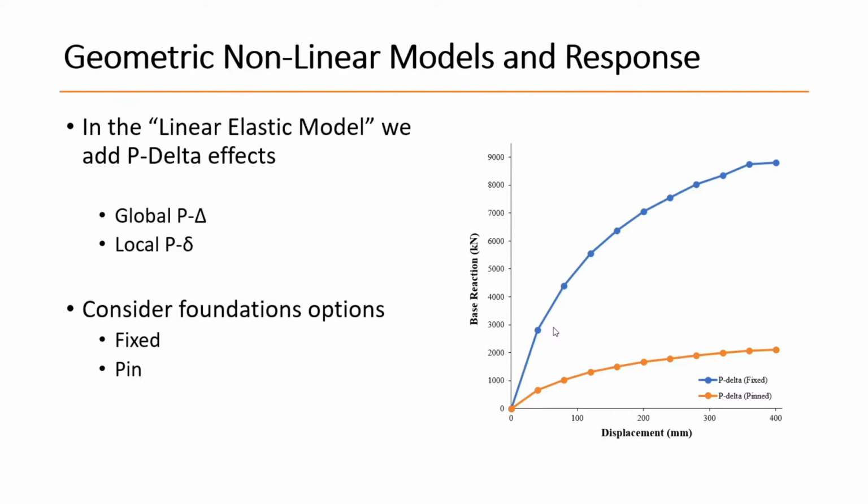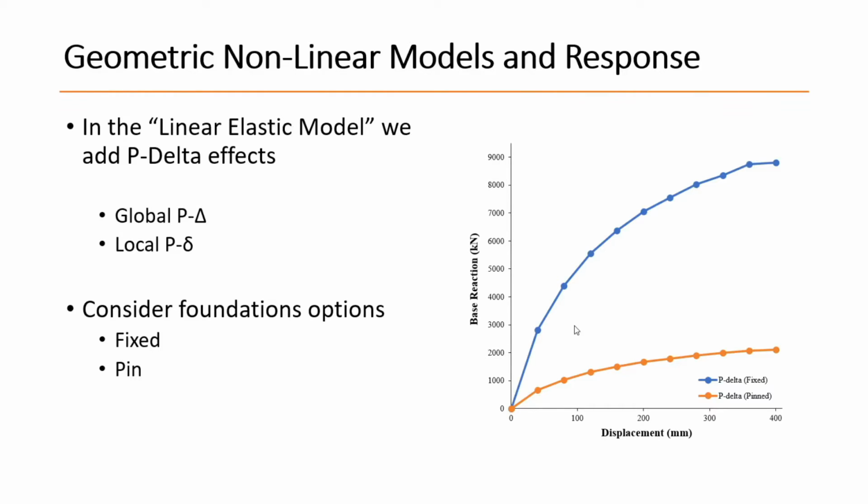If you remember the previous graph, the load could be around 60,000 kilonewton for a displacement of 400. Here we can see that if we consider P delta with fixed foundation, the load carrying capacity will be something like 8,000. And if we use pin foundation, which means the foundation is very flexible, it may only be 1,500 or so. So now you can see that the P delta effects or the stability of the structure, once you consider that in the analysis, the capacity reduces a lot and deformation is no longer linear,